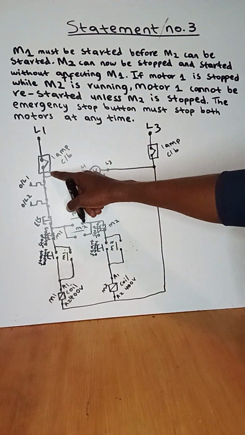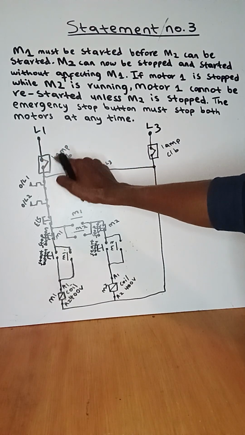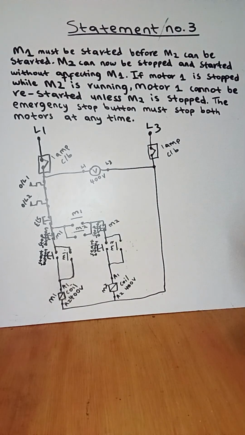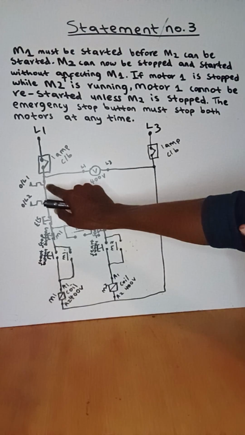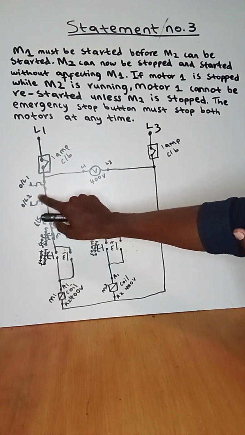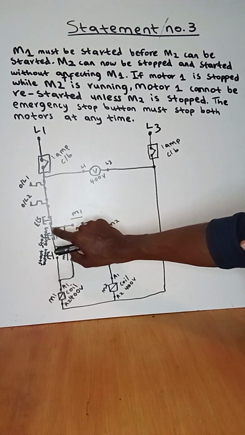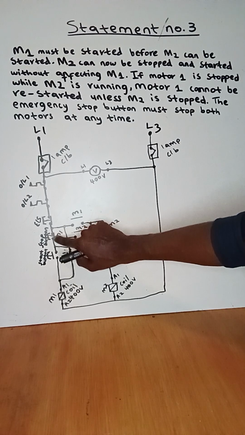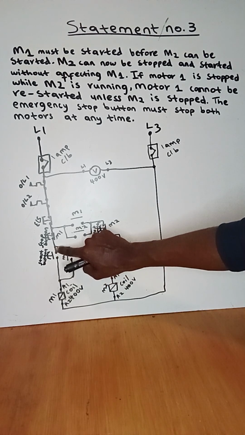So again, our current will flow from live 1 and finds close contacts of a circuit breaker and flows down all the way to the overload 1, and which is normally closed, in which current will flow, and finds overload 2, normally closed, current will flow, finds emergency stop, normally closed, current will flow, and current will flow down to the stop button of motor 1 and finds its close contact, current will flow, and current will flow all the way to the start button and finds it normally open, which means current will be trapped here, and also current